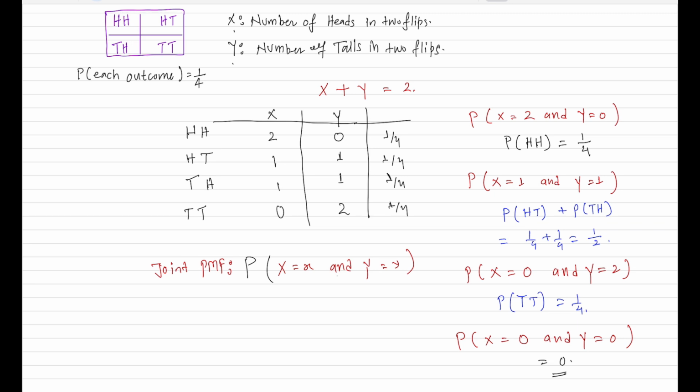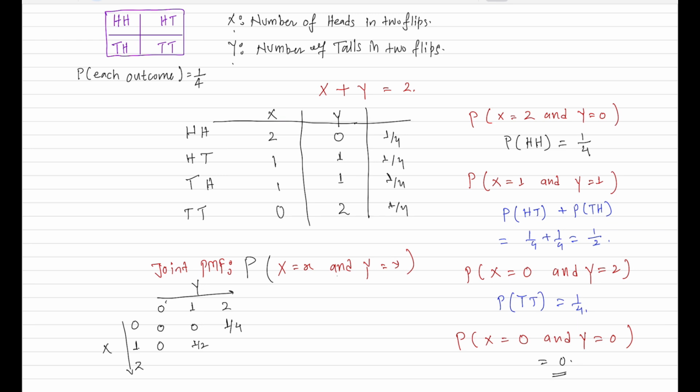So you can now form the PMF for each and every possible outcome. So random variable X can take the values 0, 1, 2, and at the same time random variable Y can take the values 0, 1, 2. So these are the impossible events where random variable X takes the value 0 as well as random variable Y takes the value 0. This is also impossible, and this is possible, that random variable Y takes the value 2 and random variable X takes the value 0, and it has the probability 1 divided by 4. So this is the random variable Y taking the value, and this is the random variable X taking these values. This will be 0, and random variable X takes the value 1, so this will be 1 divided by 2,